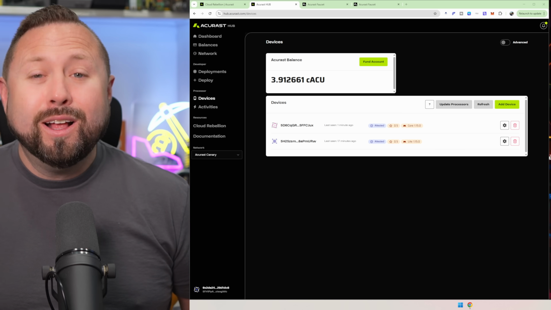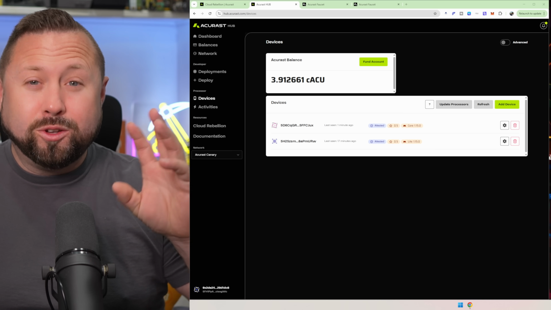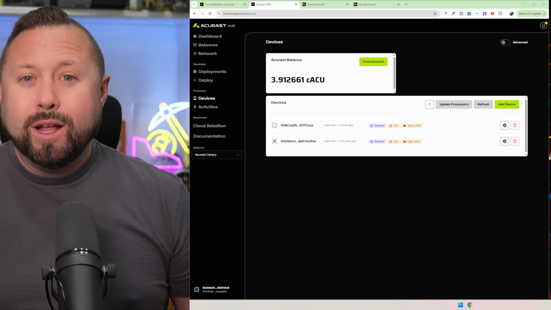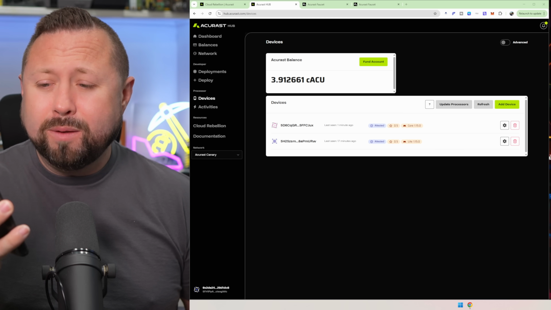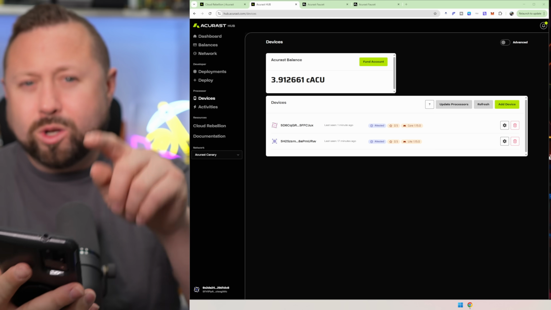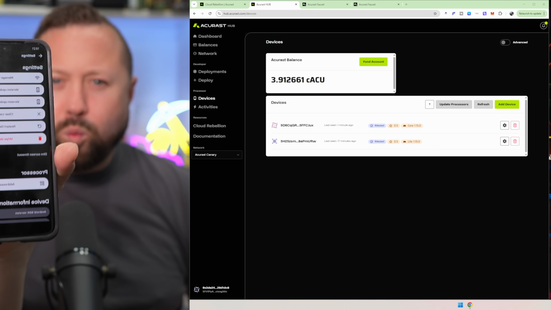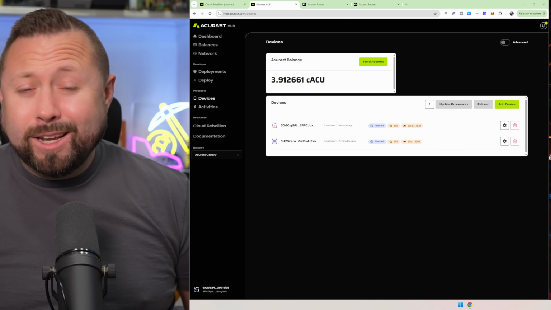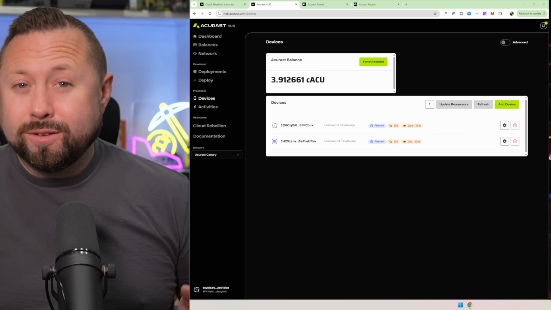Pretty slick, huh? So now my phone is fully dedicated to that. That's all it's going to do. You're not going to be able to do anything else on it at all. Now, if you're interested in wiping your phone and getting rid of this at any time, it's easy. All you have to do is go to the gear in the upper right-hand corner in the app, and there's an option to wipe data. When you select that, it's pretty much like factory resetting the phone, and it puts it back to factory settings.